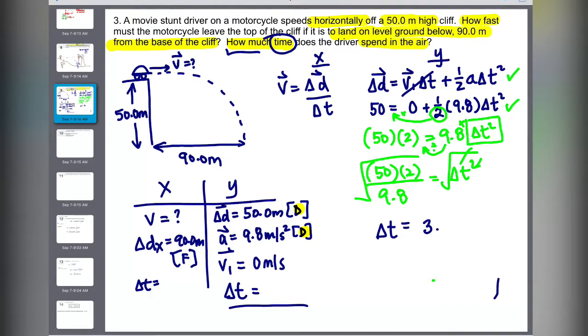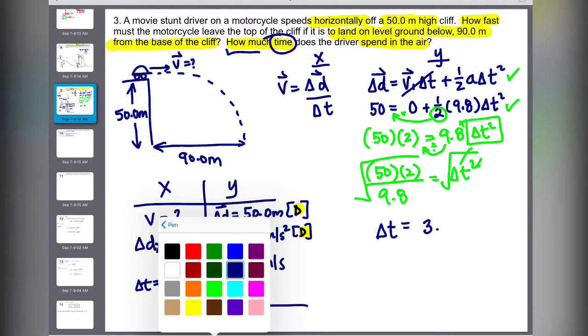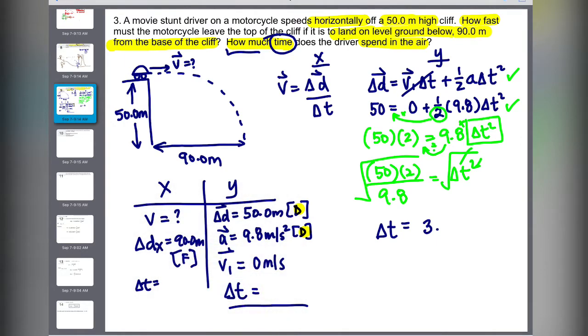So how many decimal places do I keep? We look at these things called significant digits. We look at the least number of significant digits that we have, and then we always round our answers to that. So to talk about the significant digits,